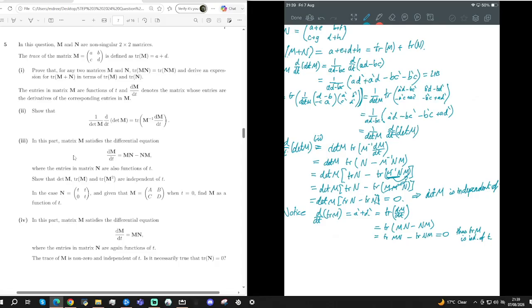Now we want to try and differentiate the trace of M squared. Now, we could try and set up another result. We could actually multiply out M squared and see what that gives us. Imagine that slightly, well,